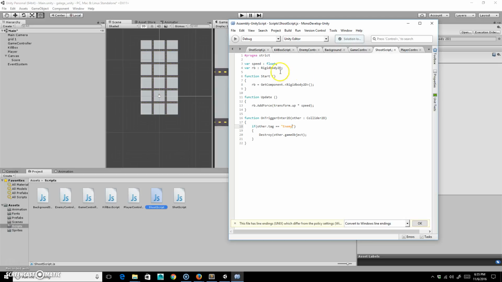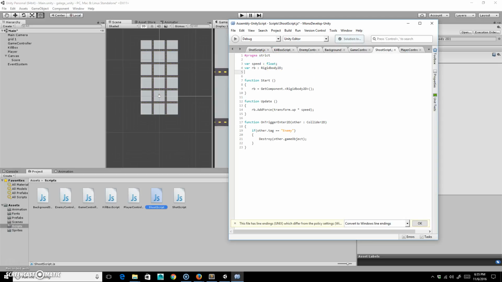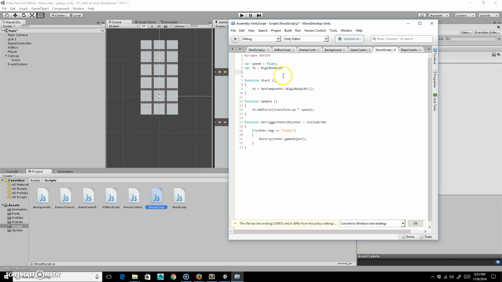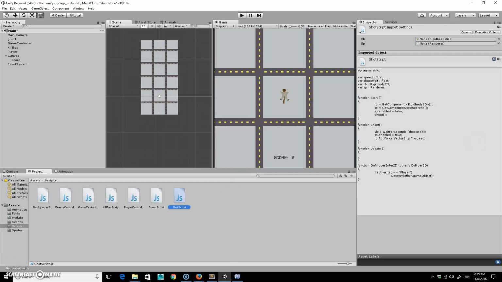Okay, so I have these two variables here. That's fine. I'm going to do a variable called game controller, and all right, actually, let's not do this yet. We'll come back to this one. We're gonna make a new script